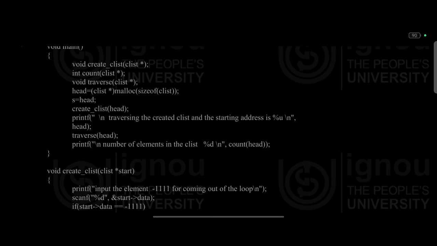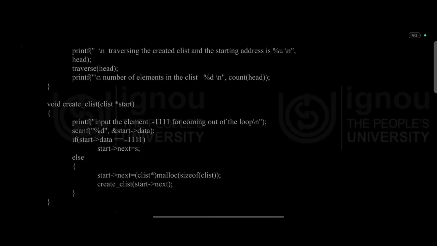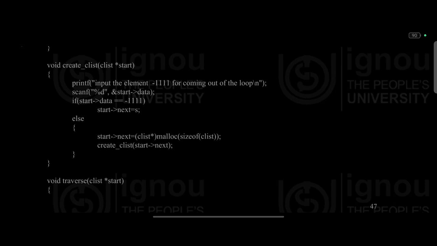void create_clist(clist *start) { printf("Input the element, -1111 for coming out of the loop"); scanf("%d", &start->data); if (start->data == -1111) start->next = s; else { start->next = (clist *)malloc(sizeof(clist)); create_clist(start->next); } }